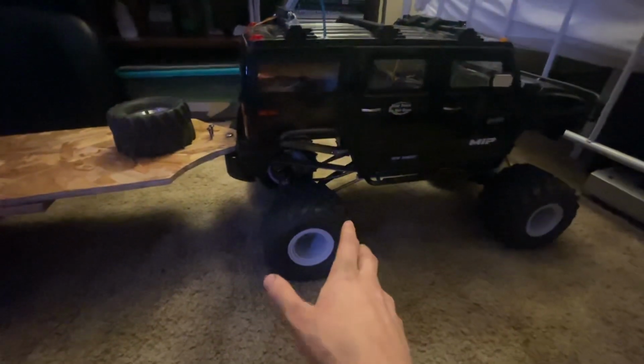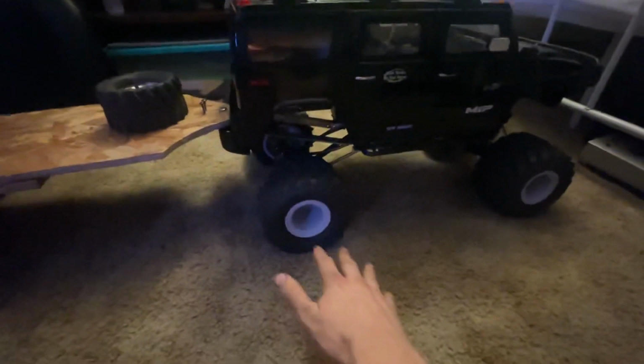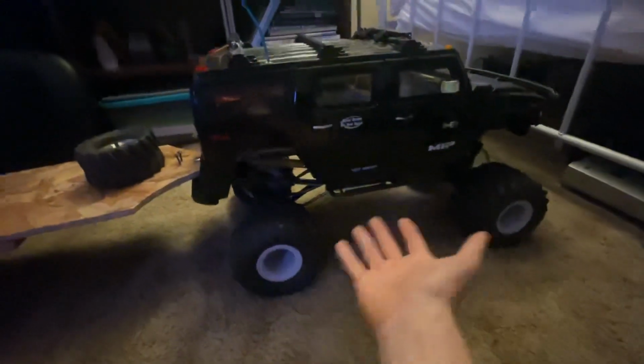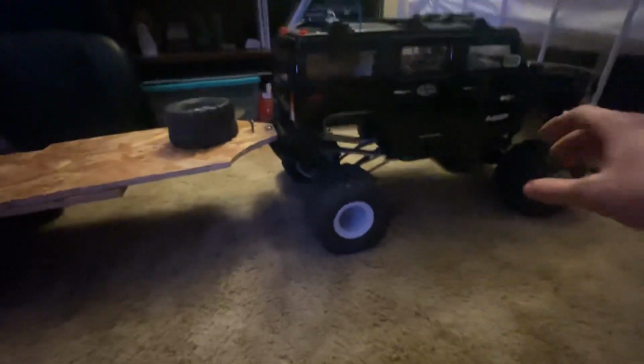It is, I believe, an 11 or a 1200 kV motor, and it's rated for 8S, so you might see 6S in this truck eventually. There is obviously plenty of room in the back. You can't really see in there, but I could fit 2 batteries or even 4 batteries back there. So yeah, you really cannot see in there at all. We'll see though. I think that I want to stick with 3S,